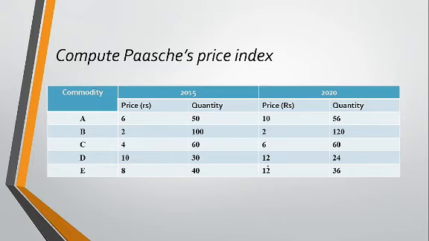Again, they have given us the commodity and the prices. This is the base year, and 2020 will be the values of the current year. So the base year's price will be P0, quantity Q0, the current year's price will be P1, quantity will be Q1. As per Paasche, we need the prices of both the current and the base year, and we use the quantity of the current year as weights. So we are considering Q1. We do not require Q0 information under the Paasche price index.